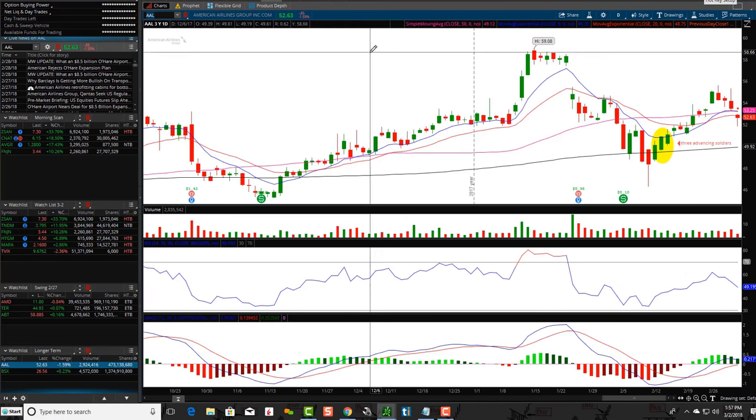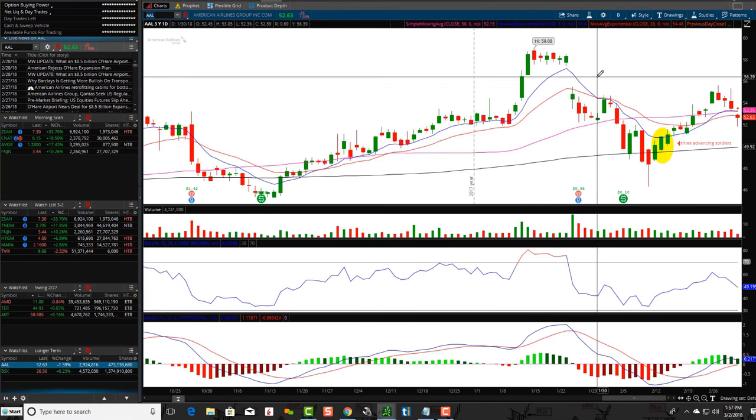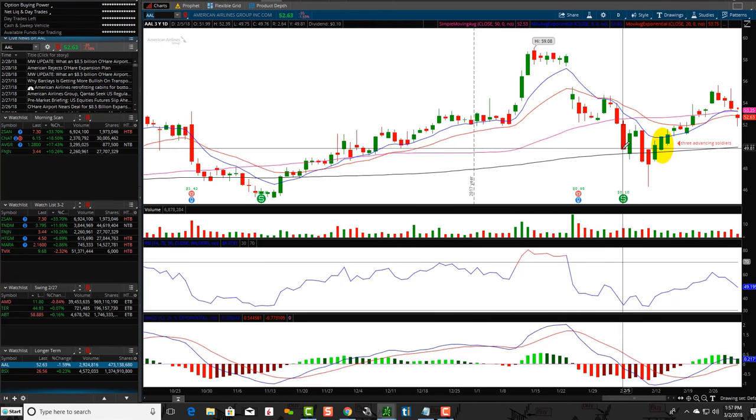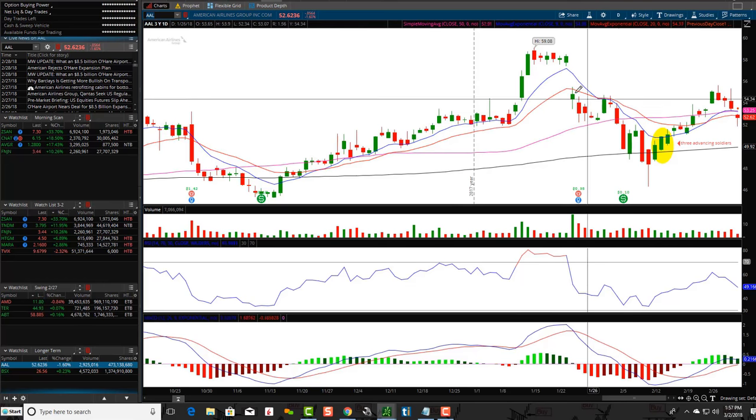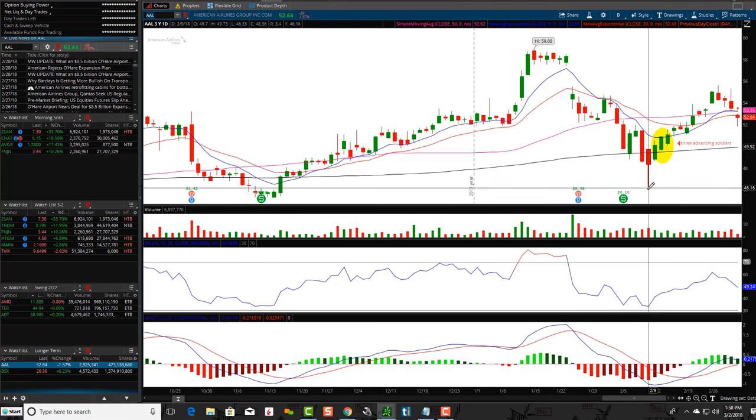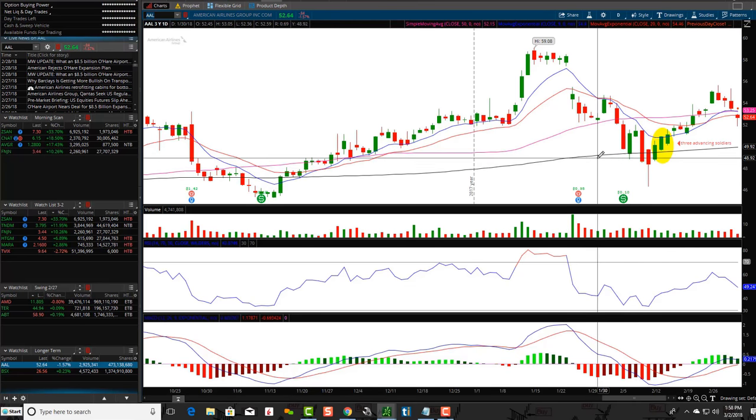So, AAL, another really good looking one here. You have a bear flag here, kind of like a bear flag. And the bulls kind of came back in, said no more, let's push this back up. No coincidence, obviously, that it's right at the 200 SMA. Very important to be aware of these moving average lines and see how these candlestick patterns work within moving average